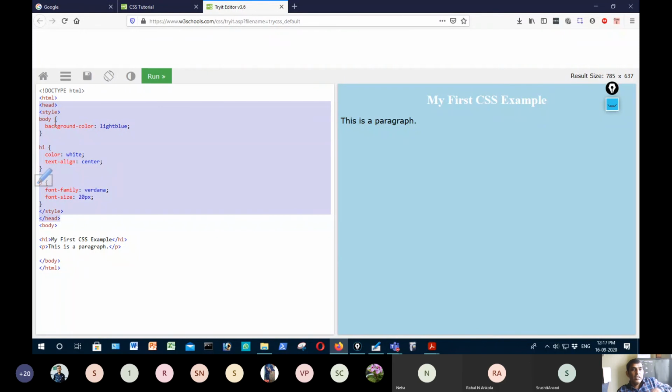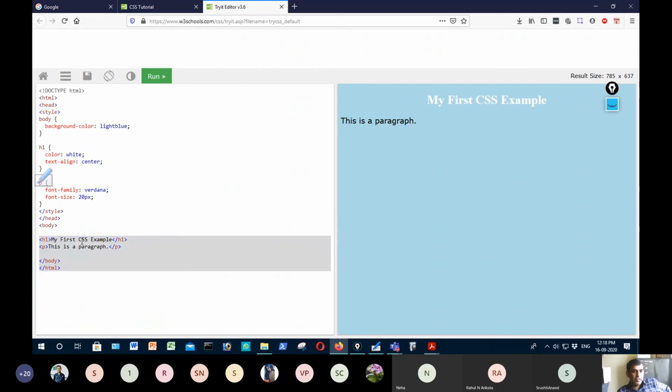So whatever is specified in the head tag will be applied once the document is loaded. The actual document starts here. My first CSS example paragraph here. See, this is actually a document. For H1, color is white and text align is center. So H1 here is my first CSS example, and you can see the color is white and the alignment is center.